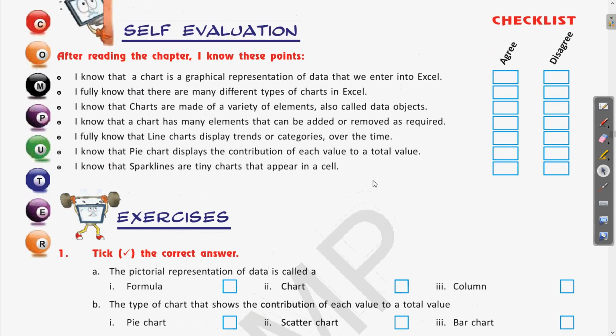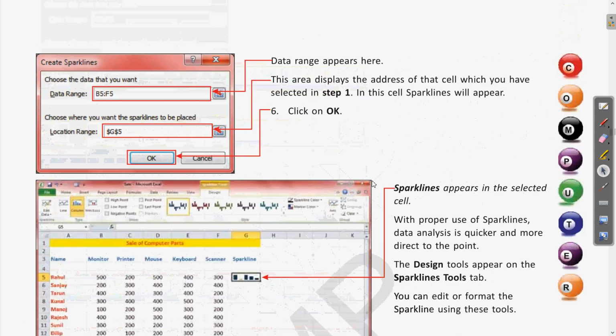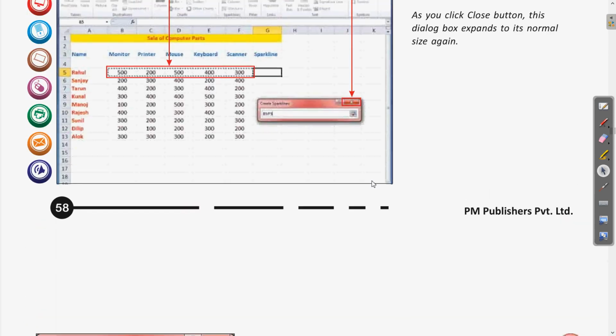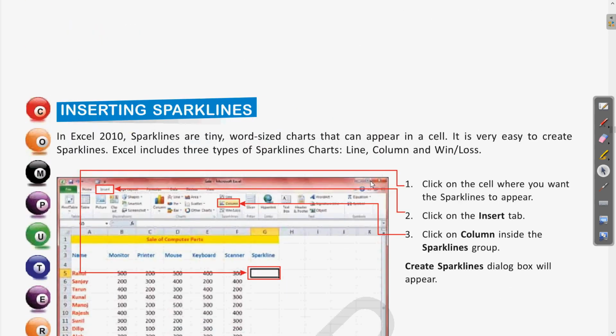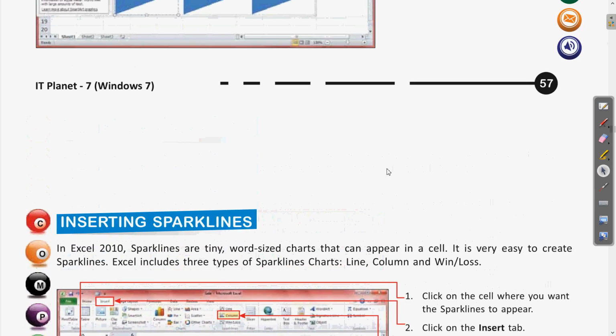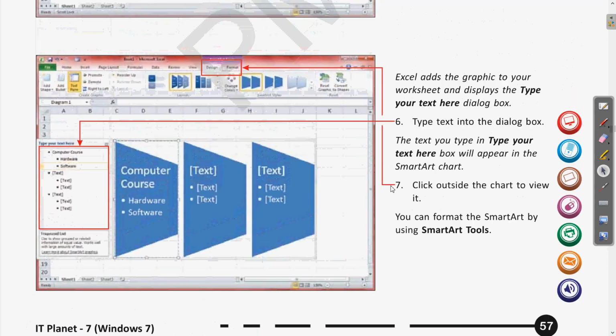Let us meet in the next class with the concept of sparklines, which is remaining. We will explain and see how this can be included in the chart, and then we will try the exercises. Before that, revise all the things which we have covered today.